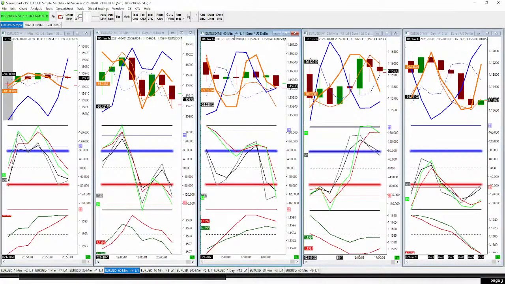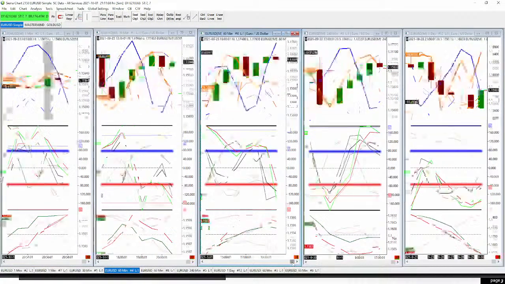I want to show you guys the setup, and for those of you guys that have been around for a little bit, you guys are already familiar with these, but I did have some recent subscribers that were asking questions about them, so I wanted to revisit them for those of you guys that have not seen these setups, and also for those subscribers that wanted some clarification on some of these.